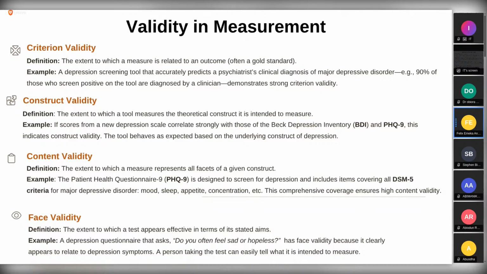So I remember there was a study we wanted to do, so we had to do face validity, and this tool was to measure some maternal health issues. They were for women of reproductive age. So we gave them the tool, and we realized that some of the questions we asked them, they didn't understand. It was not clear. So we had to go back and look at those questions again.